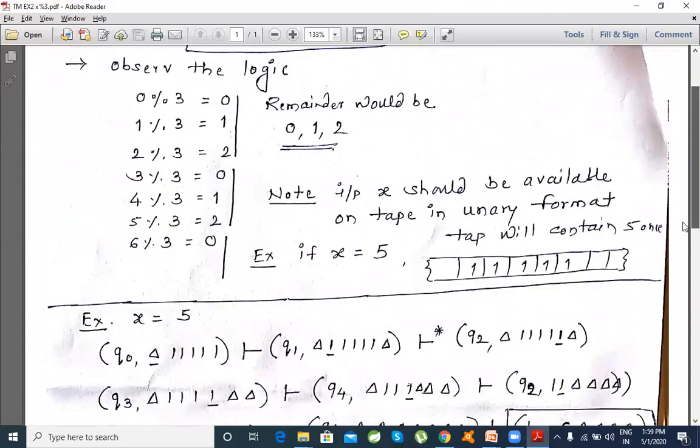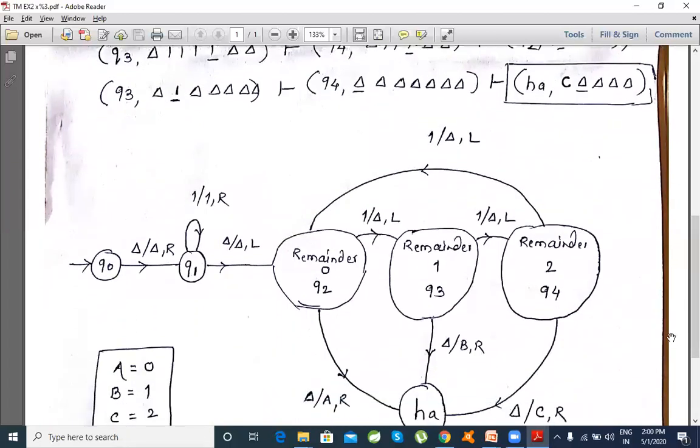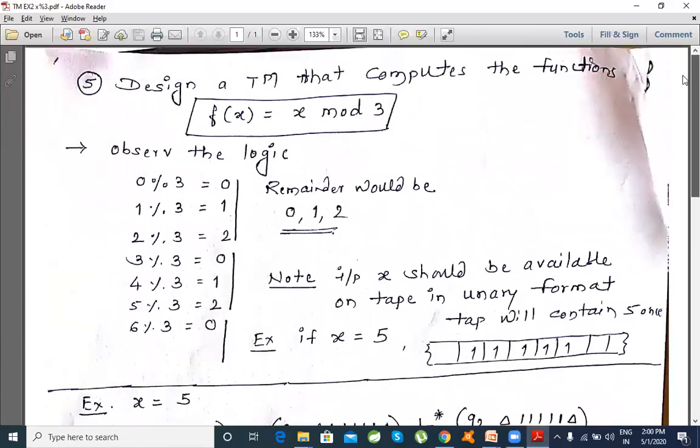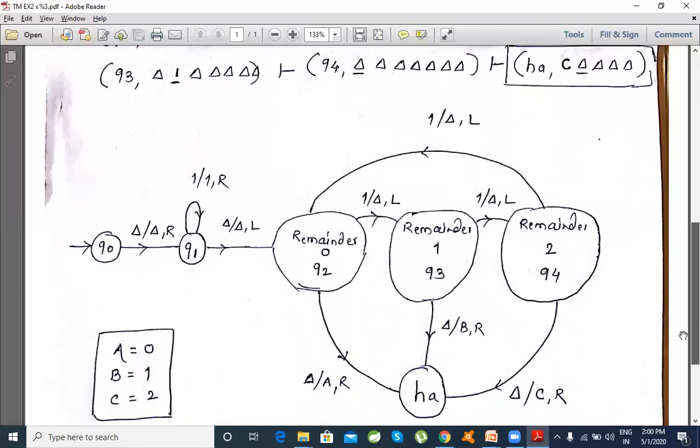So where do I need to make the changes? In such a condition, I will have only these two states, which remember either 0 or 1. So this state wouldn't be there. From this state, I would directly come back to the 0th state. Okay, so this is how you can modify the answer for every mod. As the mod increases, mod by 3 gives 3 states, mod by 4 gives 4 states, and thereafter this terminology can be extended for every mod, and the Turing machine is capable of understanding all the inputs and giving you back the results.